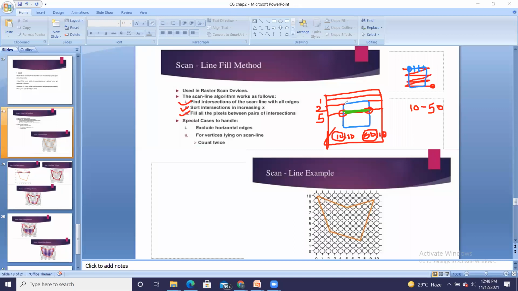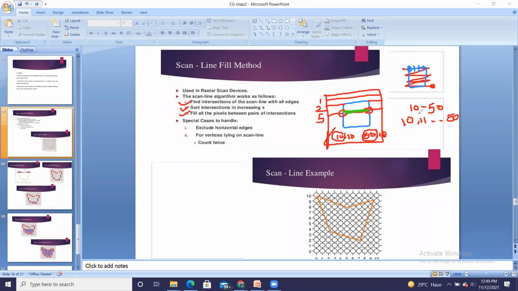So now once this intersection is found, the whole line which is ranging from 10 and coming to 50, all these points are on the scan line. So I will say 10, 11, 12, 13, 14 up to 50. All these points are on the scan line.